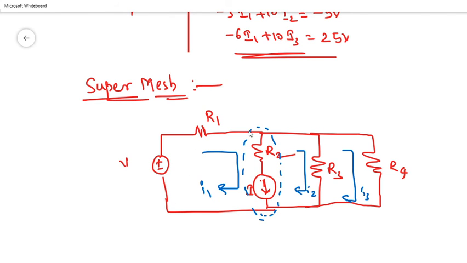This is a single loop, and this is the second loop, that is R3 and R4. Now, in the third loop, the third equation, how are we going to get it? By skipping the circuit that is there, no? So here you need to write the voltage drop across the current source. This voltage drop across the current source, here we are going to write, that we will get as the third equation.